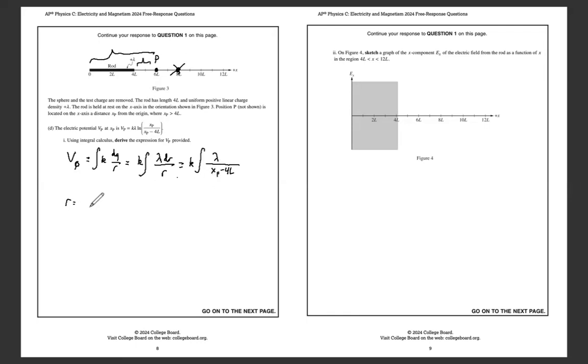So that would mean that r has to equal xp minus 4L, because therefore dr is going to equal dxp. All right, so lambda dxp,